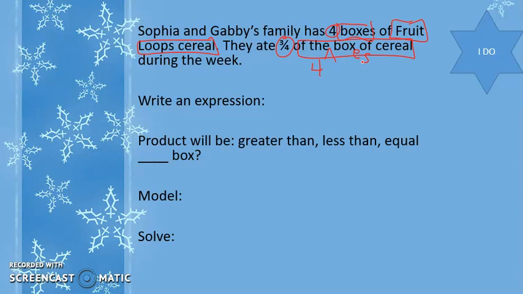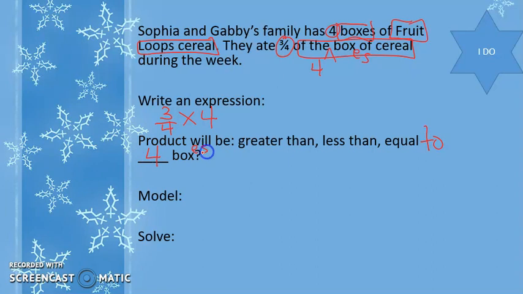So we need to write an expression that will go along with our problem here. So we know we want 3/4, and we want of the 4 boxes. Of tells us to multiply, and we have 4 boxes. So our expression is 3/4 of 4, or 3/4 times 4. And we know that the product, we're going to see if it's going to be greater than, less than, or equal to